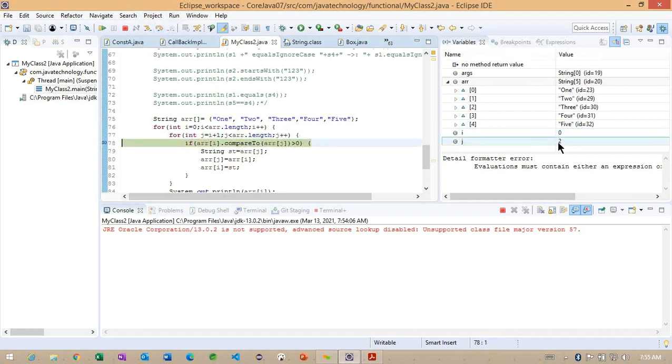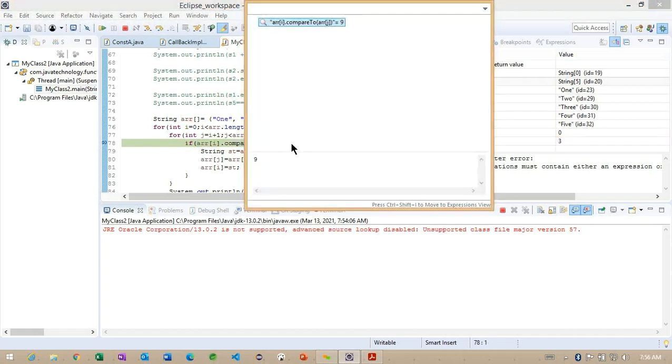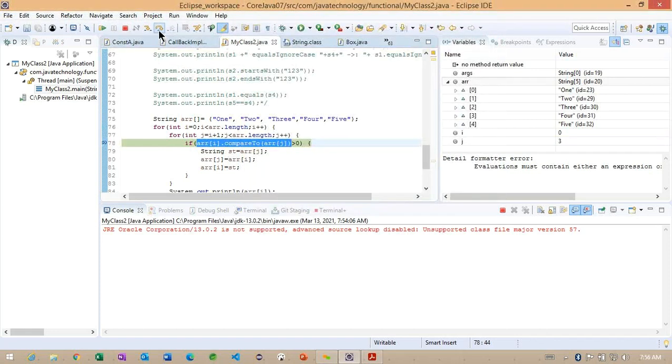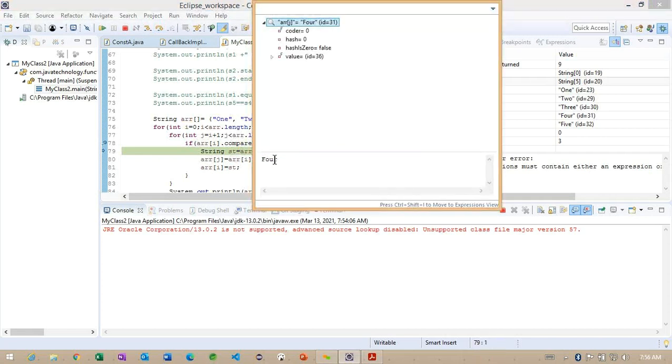Now you can check, the j value is changed, still i value 0. Now we are comparing 1 with 3, and again false, so the j value increases. The j value increases, 3 here, so 3 is nothing but 4. Now we check this particular compareTo is returning true. Whenever it is returning true, what happens? Internally we go in. Now you can check this particular arr[j], what value are we having?